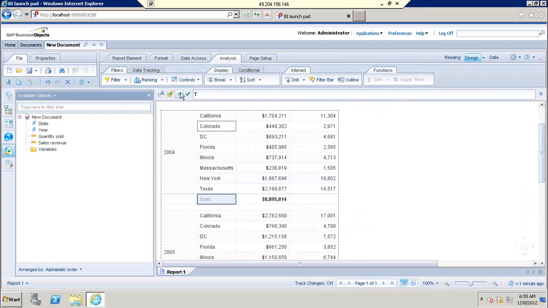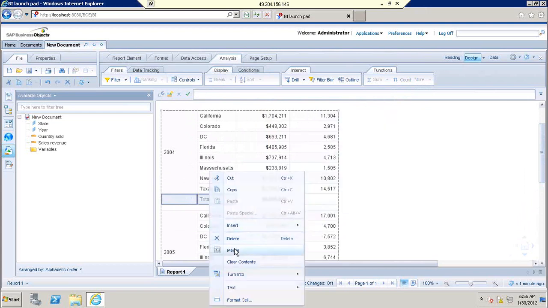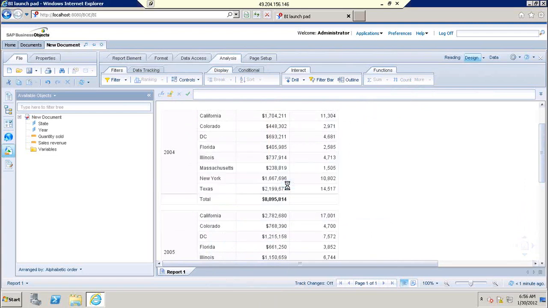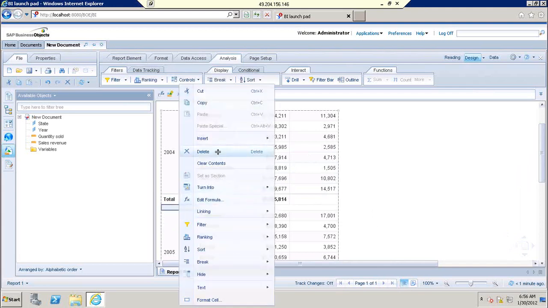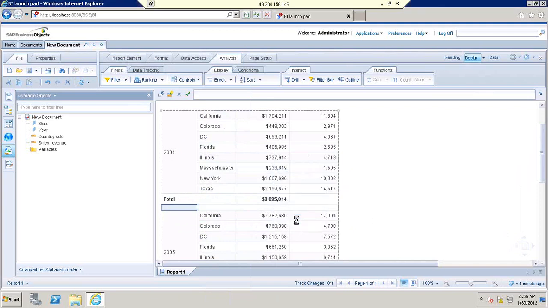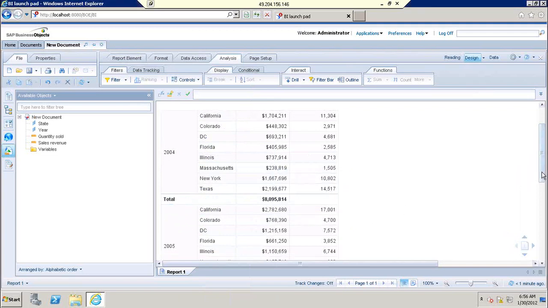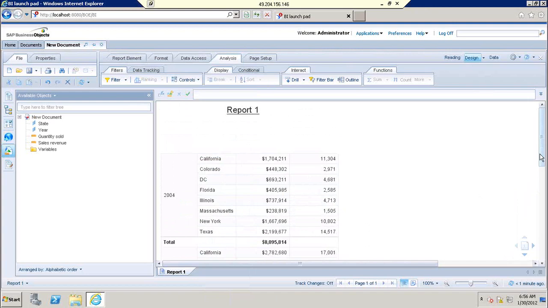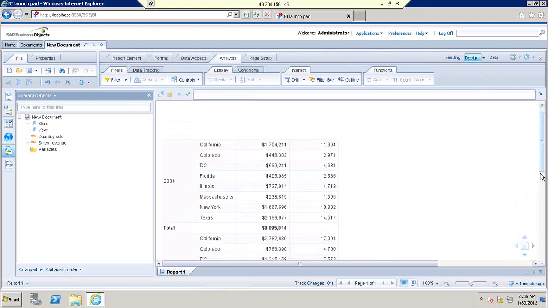Total I'm selecting. So select this and select the match. Total values it is displaying. So let's remove this cell. Delete, remove row. Okay. Now guys, you can see the year wise, state wise, the sales revenue it is displaying,